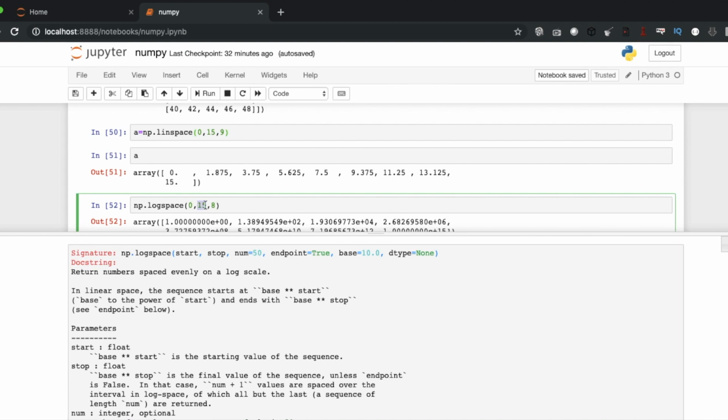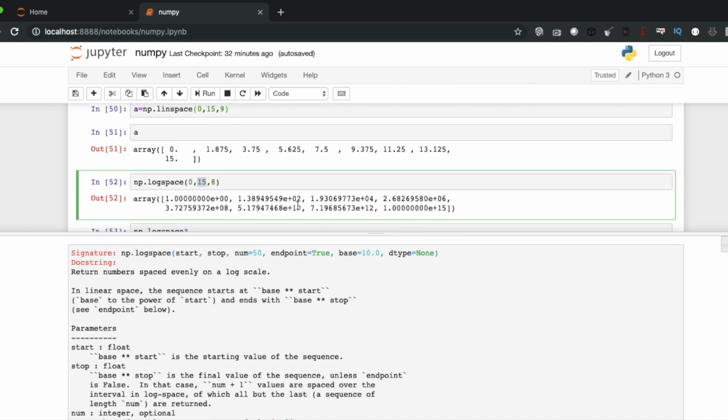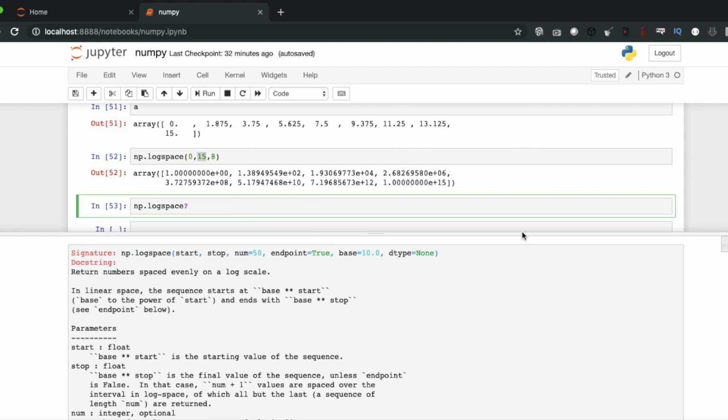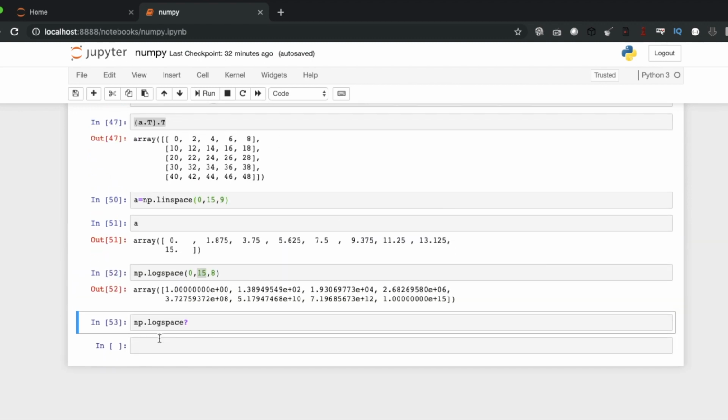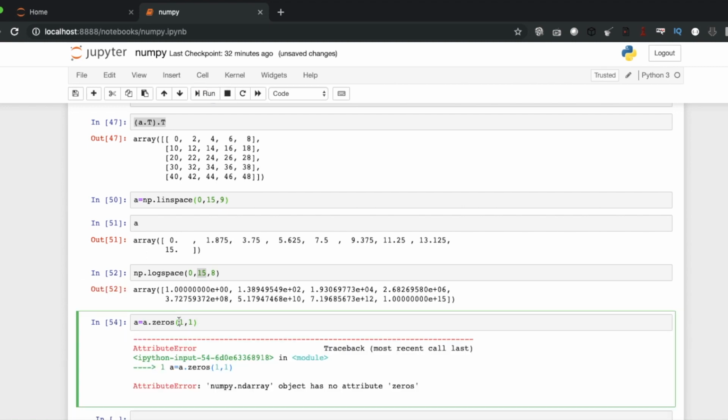So between log 0 to log 15, whatever value is there, it will be divided by this. But anyways, you can go through the documentation on the NumPy official website. Let's have something interesting like np.zeros with 1 comma 1. It should throw some error.